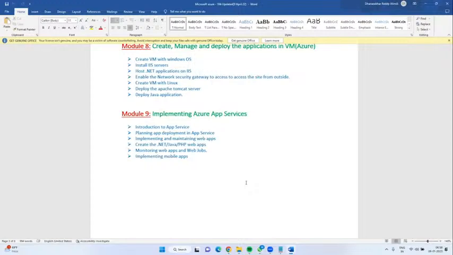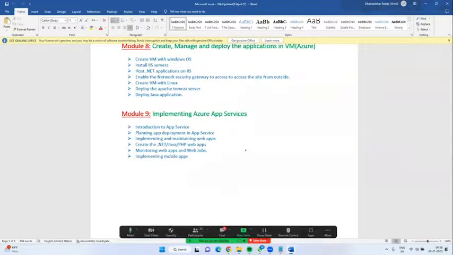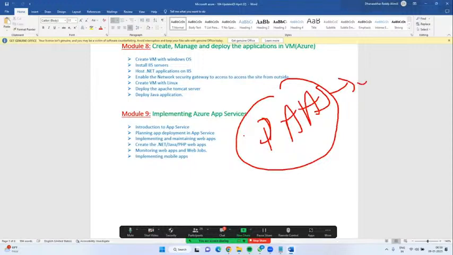You have to install it on top of the VM and configure it. Then configure the port numbers, configure the DNS, configure the application subfolders, everything we have to do. When you go for PaaS, as I said, the name itself describes it: PaaS in the sense platform as a service. So the total environment is provided by the vendor, I mean Microsoft, we just have to deploy the application.